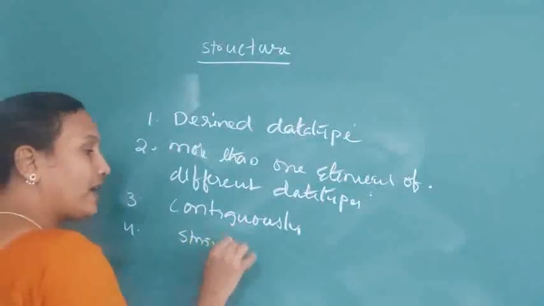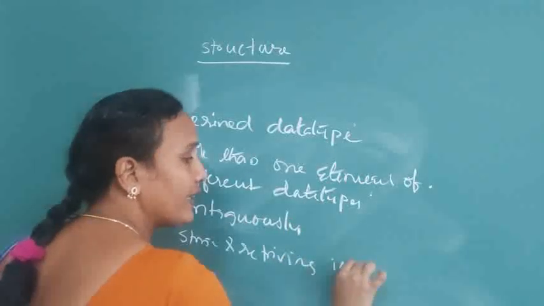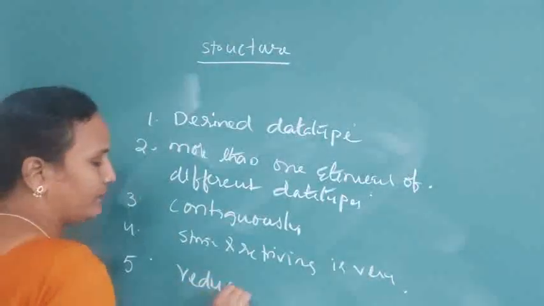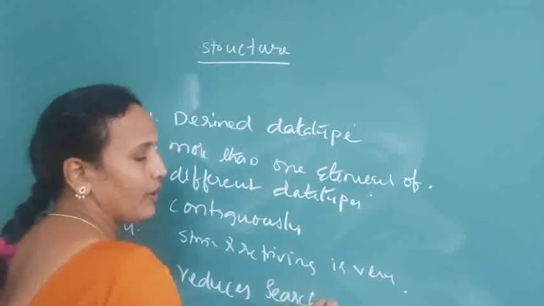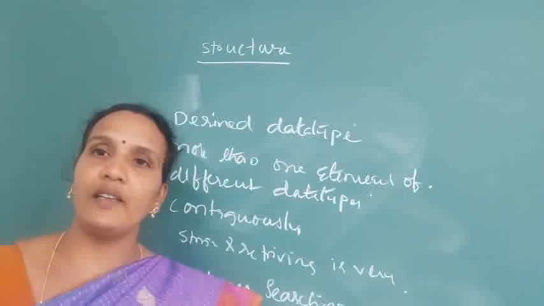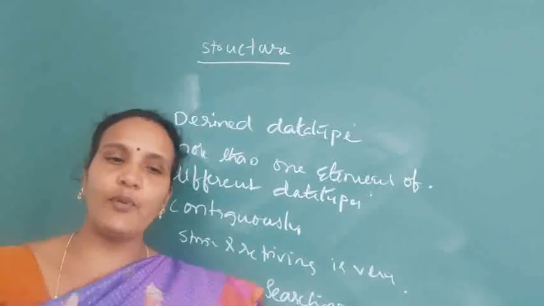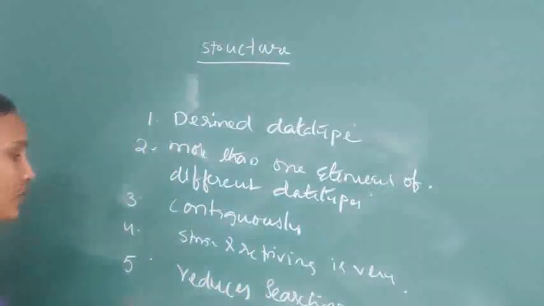Storing and retrieving is very easy using a structure, and it reduces searching time, because all the elements are stored in one location, so indirectly it reduces the searching time of the user. A single block of memory is given to a structure,